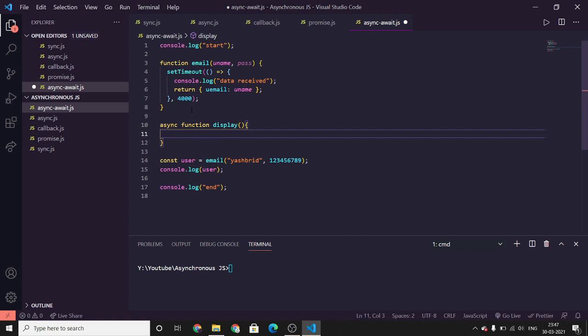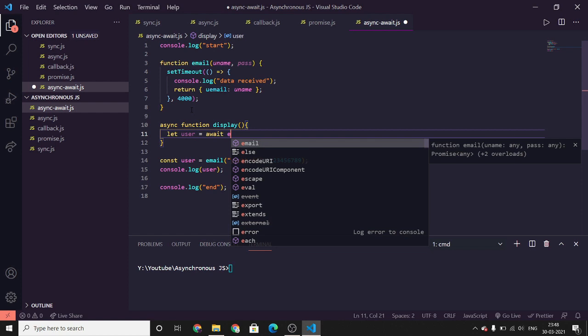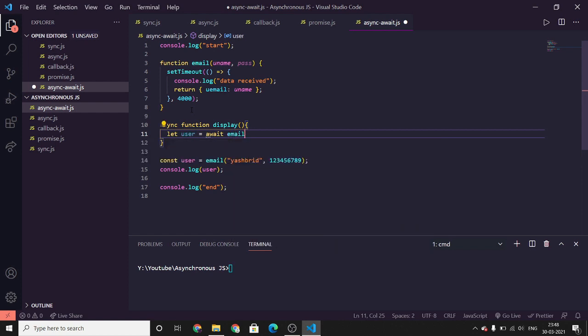So now we will declare a variable user, and we will use the await keyword and call the function email. Let's just copy this.